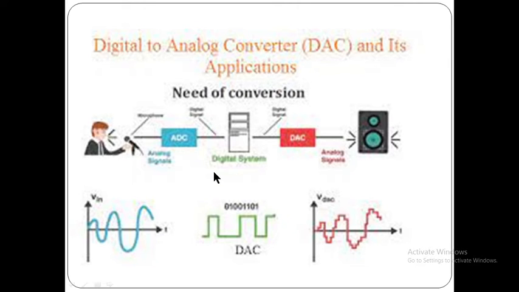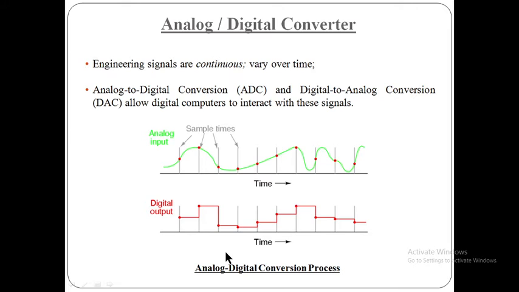So I hope you can understand the need of this conversion. Okay, so here we are going to see the analog to digital converter. Engineering signals are continuous, means they vary over time, such as voltage that varies over time, or a chemical reaction rate that depends on temperature. So here you can see the analog to digital converter and digital to analog converter allow digital computers to